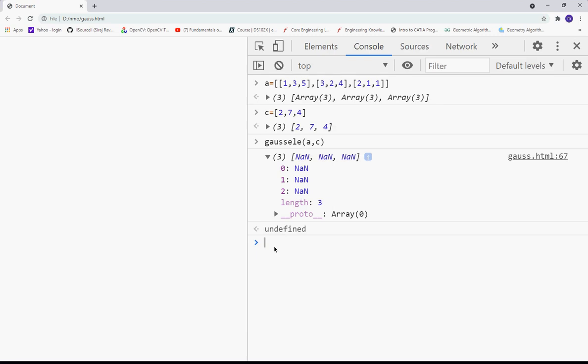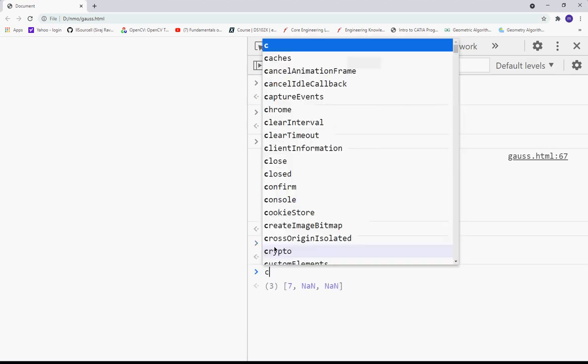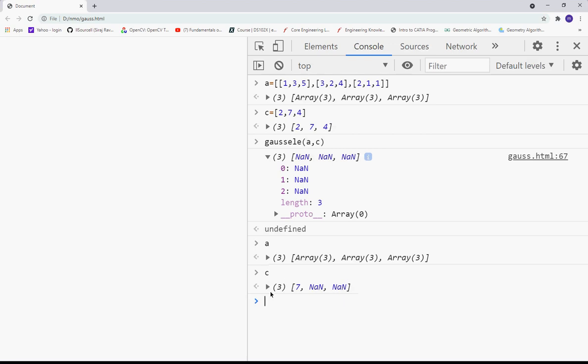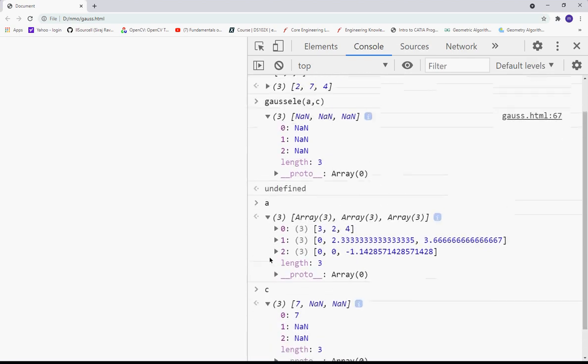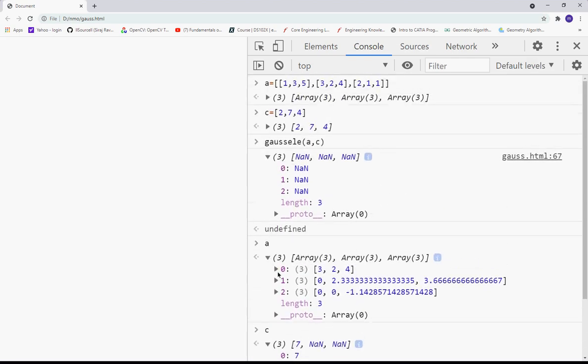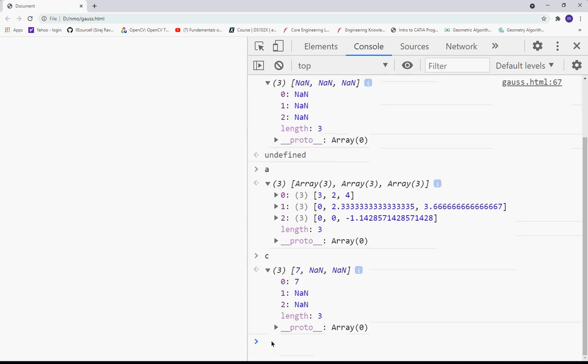Okay, so I'll just check what is A and what is C. So C is none. Why? Okay, one by one we will go.